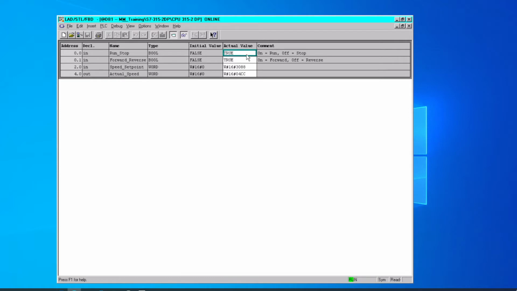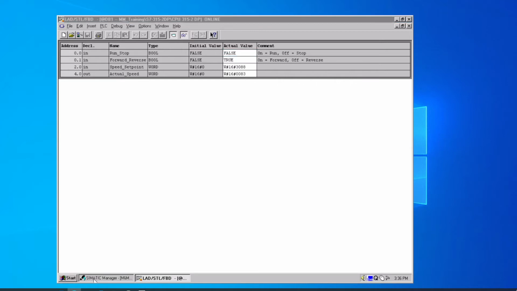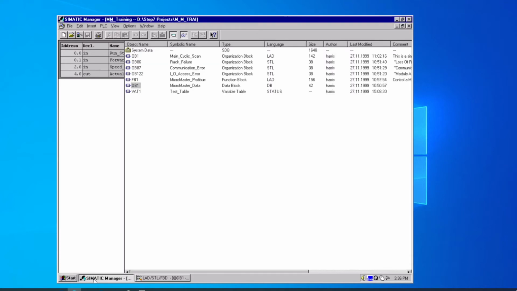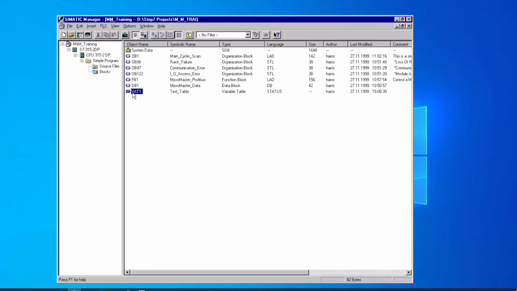If we start our drive, we see the value go to true there, and our actual speed is increasing. Turn it off, and speed starts decreasing as it decelerates and ramps down to 0. So we are monitoring the actual values here in this data block. If we go back to Manager, we can look at another view of this,